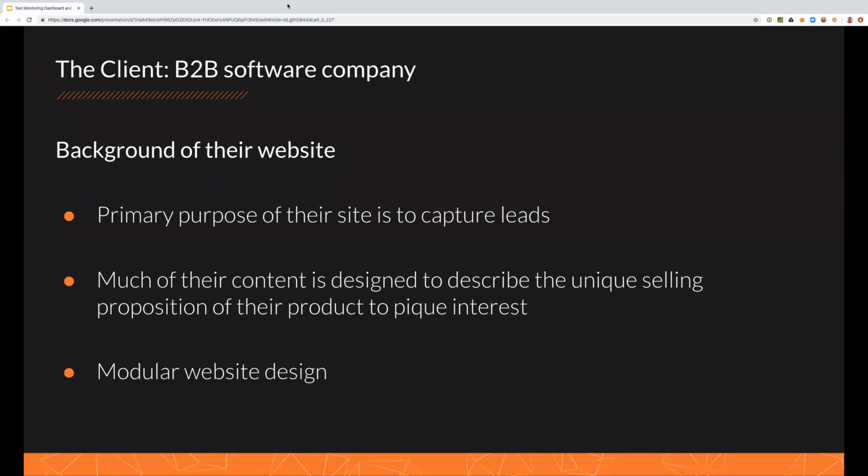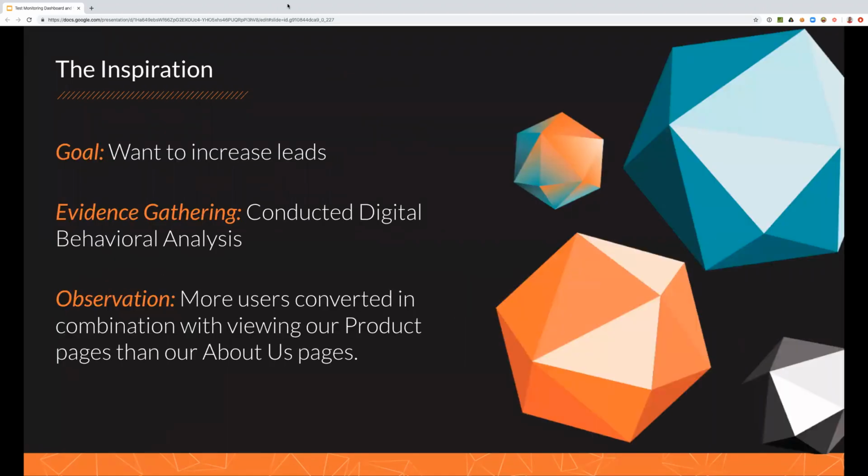And they had redesigned the site to be built with modules. And so it made the design and layout really flexible. But they also knew that they had to roll out the redesign with an initial setup, but that they wanted to continue experimentation on the setup to figure out the optimal layout to help with those form leads being submitted. And once they launched the redesigned site, they conducted this digital behavior analysis,